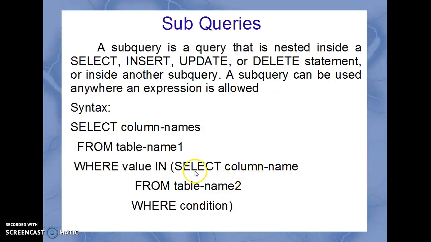Suppose in one table the names are John, Scott, Smith, like this, and in another table, table 2, there are Smith, Scott, Vijay, Gopi, Sunita, like this. For the two tables, it takes the first table's column values and checks with IN. If both Scott and Smith are satisfied, those values will be retrieved into the result. That's called a subquery.